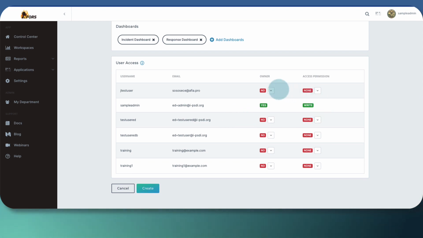So I can put this to a singular owner. I can have multiple owners. I can have users only have certain permissions. I can make it so they can only read or write or neither. So in this particular case, since I'm the only one in this workspace, I'm going to keep it just as is. But if you wanted to add other users, say I wanted to add my test user here,